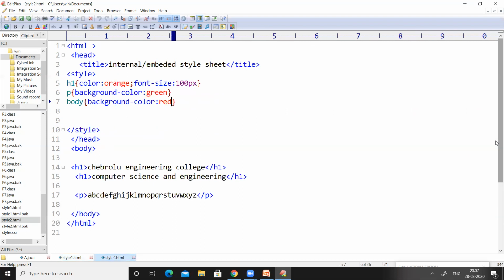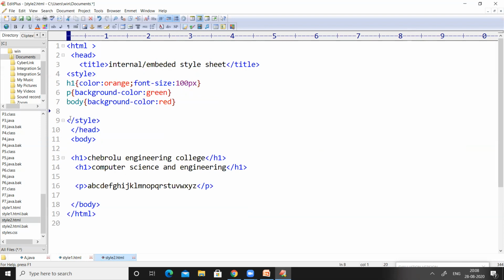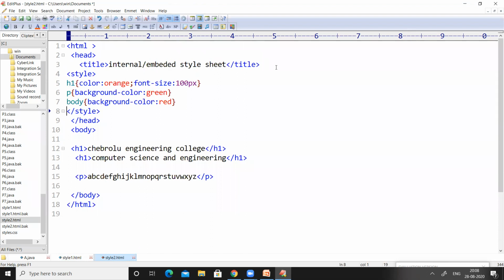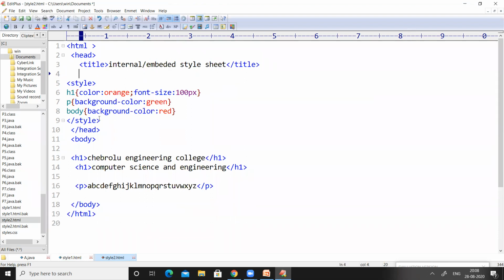So the second type of style sheet is internal style sheet or embedded style sheet. Here we will represent this style sheet in the head section. When we are talking about HTML, the total HTML document can be divided into two parts, right?